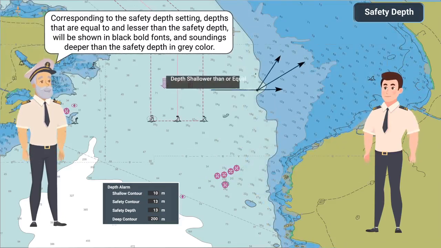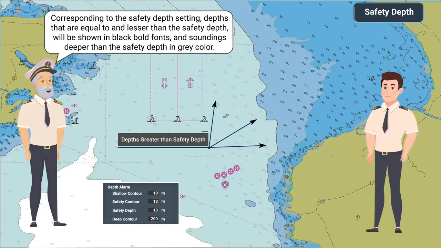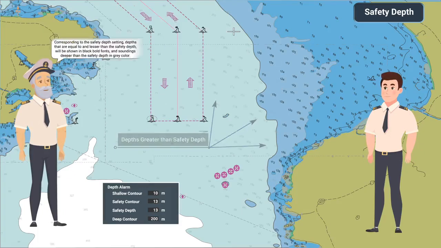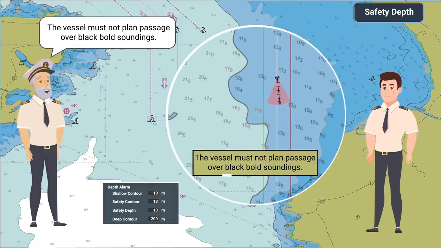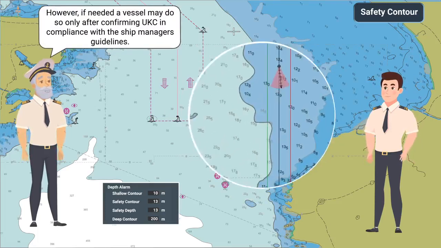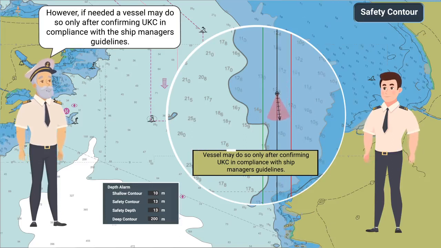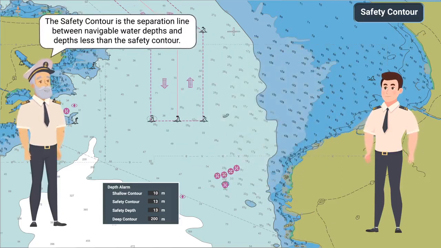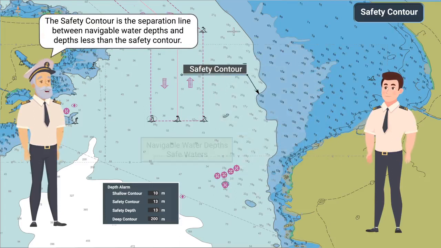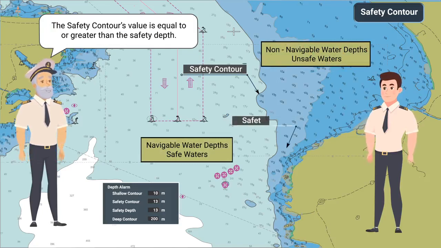Corresponding to the safety depth settings, depths that are equal to and lesser than the safety depth will be shown in black bold fonts and soundings deeper than the safety depth in gray color. The vessel must not plan passage over black bold soundings. However, if needed, a vessel may do so only after confirming UKC in compliance with the ship manager's guidelines. The safety contour is the separation line between navigable water depths and depths less than the safety contour. The safety contour's value is equal to or greater than